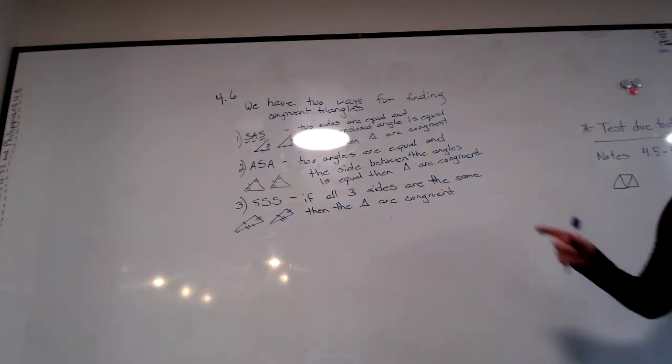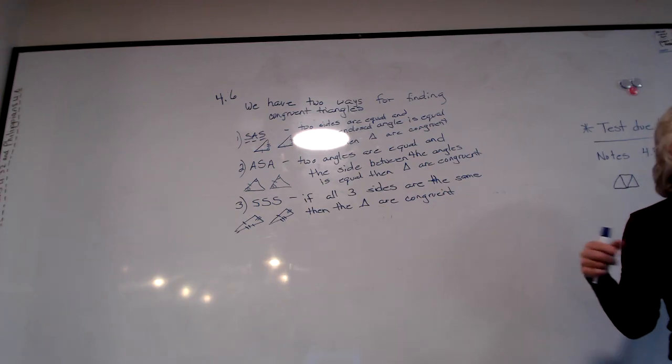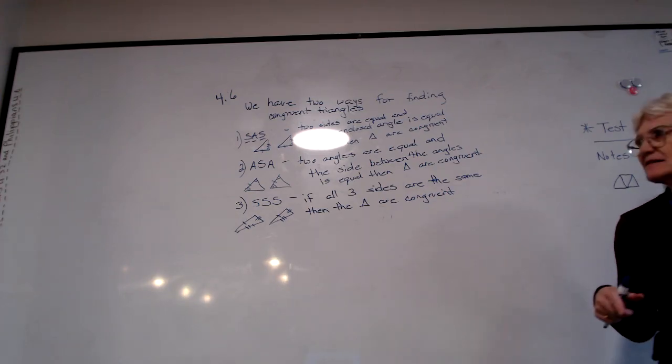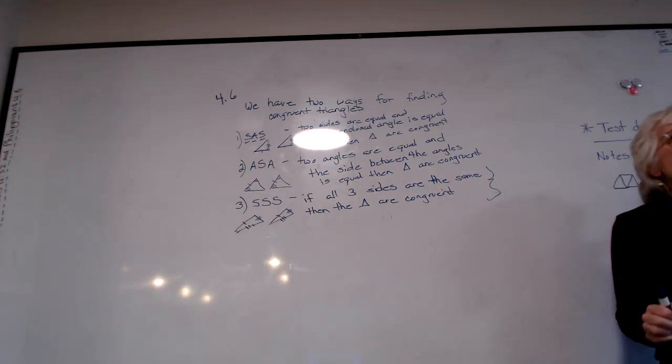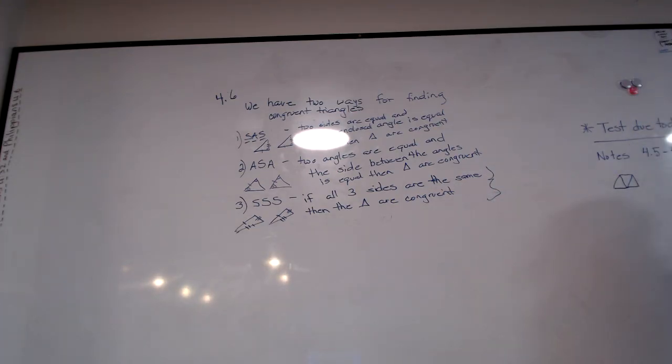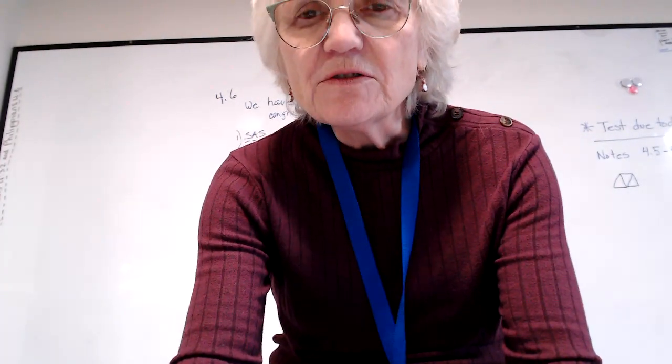We're going to show this on that paper that you had out before, but we're really just adding this one for congruence. It's another way to show that if you know that all three sides are the same in the two triangles, then those two triangles are congruent. So that's something that we're looking at. Okay, so on what I'm going to do is again, like